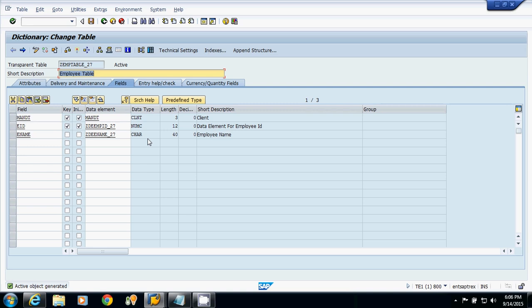So there must be a precaution that you are the only user adjusting the database table. There are no other operations running on that table.